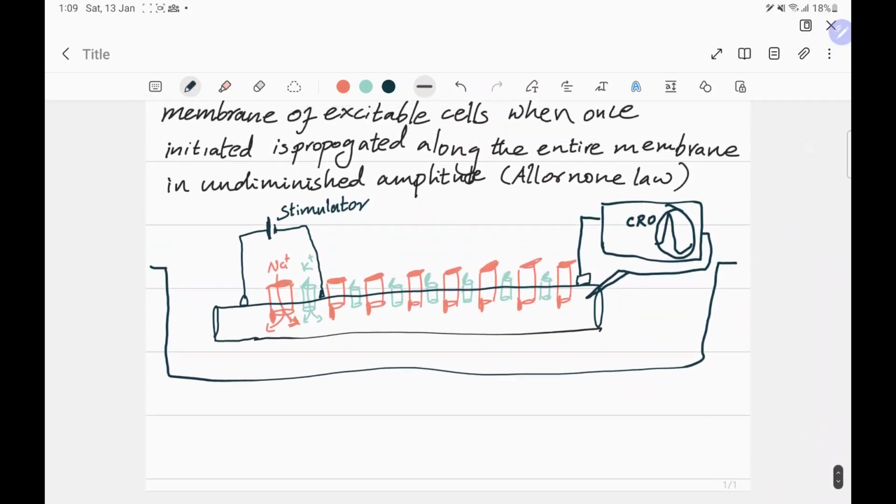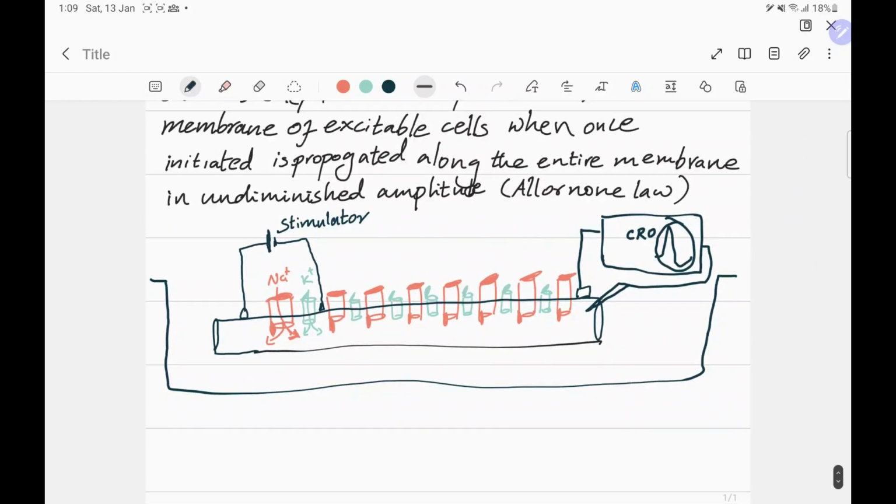Now let's just talk about excitable cells for a moment. When we talk about excitable cells, we mean cells that communicate and transmit messages using electrical changes in the membrane, meaning action potential. And there are only a few tissues in the body that can give you this kind of an action potential. One of them is the neuron, which we will be studying now. So neuron, then you have your skeletal muscle,